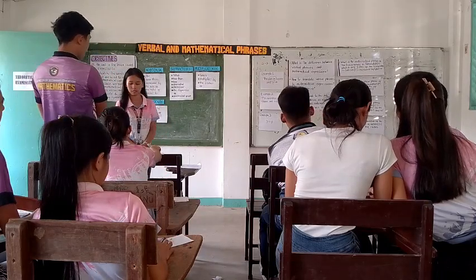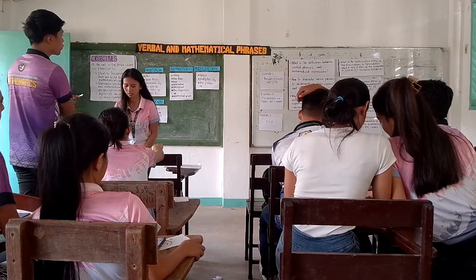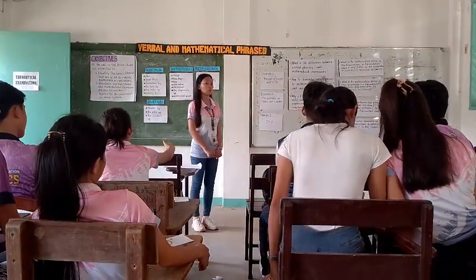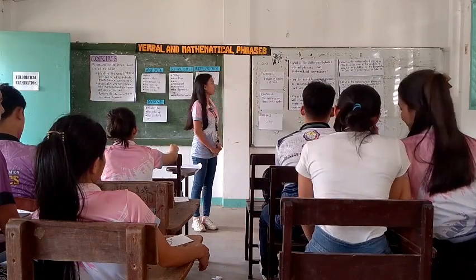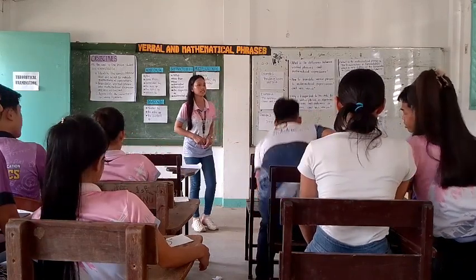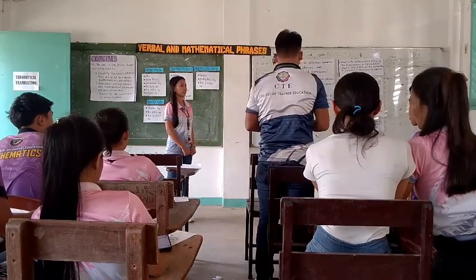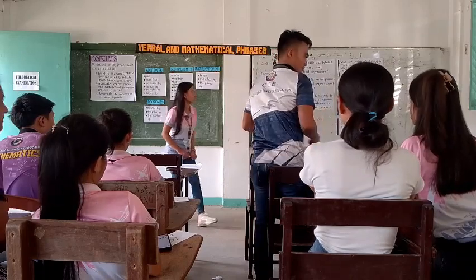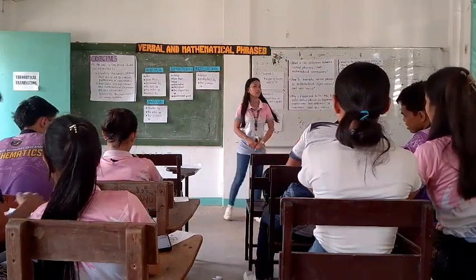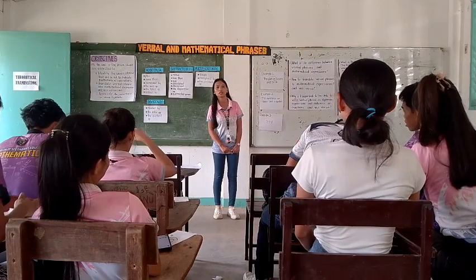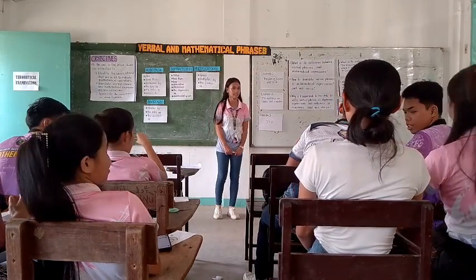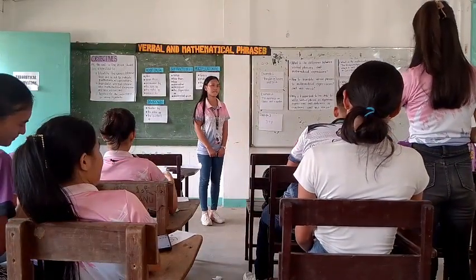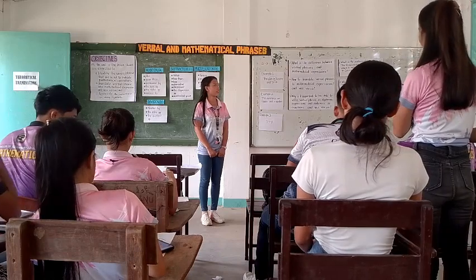F equals 9/5 C plus 32, ma'am. Okay, thank you. For the second question, I call on Mr. Kabay to answer. The answer of the question is 9/5 C plus 20. Thank you. For the third question, may I call a representative for group 3? Yes, Miss Celeste. C equals 5/9 times the quantity of F minus 32.